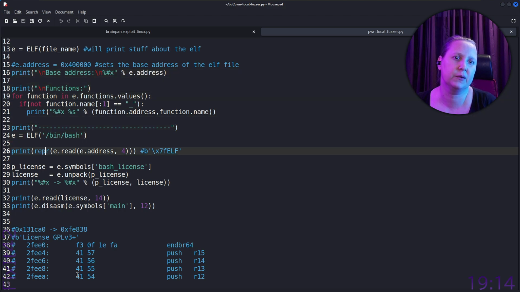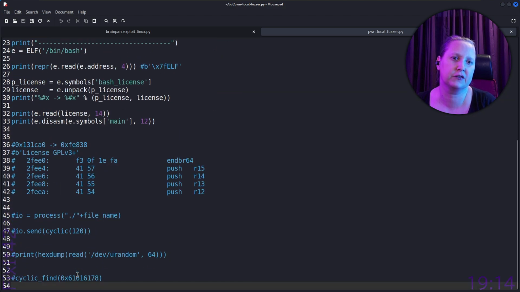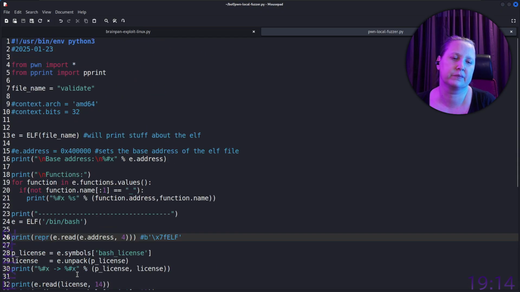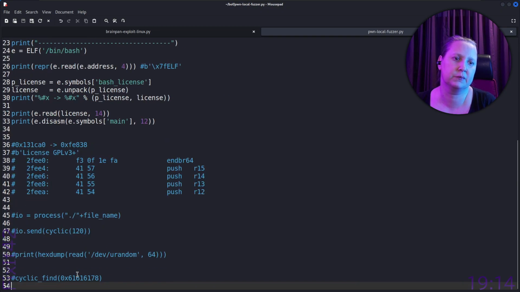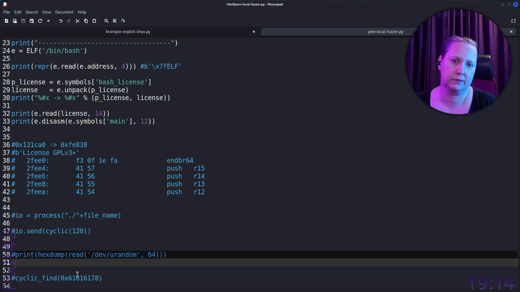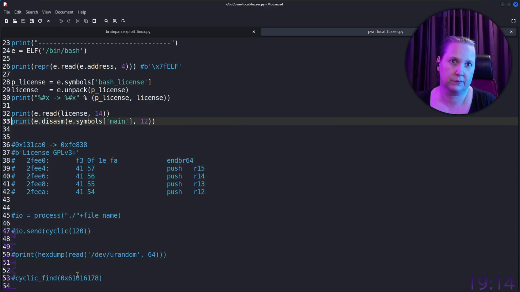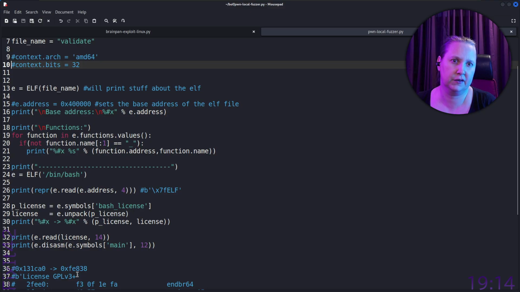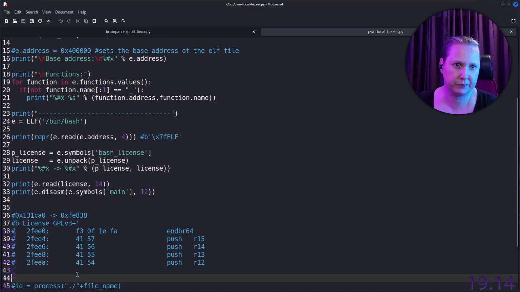So why would they want to do this instead of just hex dumping it? So let's hex dump it. So if we want to hex dump something here,